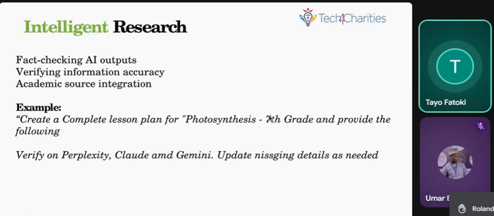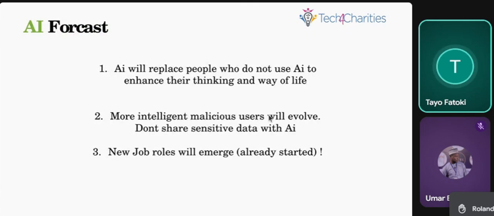So after this, I'll go into my next slide, which is talking about the forecast of what AI looks like. AI will certainly, from what's going on in the world right now, replace people who do not use AI to enhance their way of thinking. So if you are doing one thing at the moment, let's assume that someone is a plastic or a manufacturing worker right now, if that person's company is not using some kind of AI tool to enhance how the staff of that company are working, or if in a school system